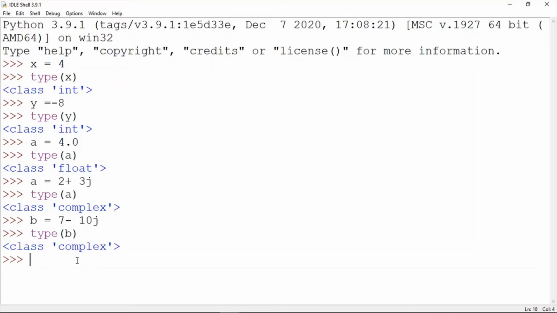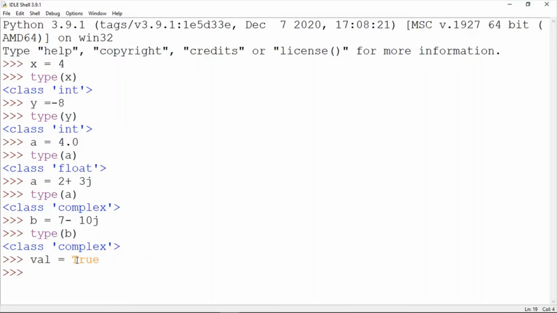Let's go to another data type, which is boolean. In boolean, we have two kinds of values. The first one is true and the other one is false. So let's see how you can declare a boolean data type. I have a variable that is val. Inside val, I am going to pass a boolean value, that is true or false.